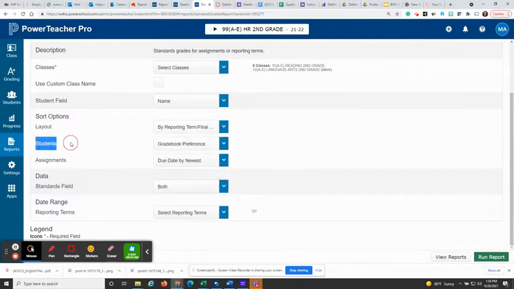Under students, the default is set to gradebook preference, which means however you have your names sorted and organized within your gradebook, that is how they would appear. If I click the drop-down arrow, I can choose to have my report run by student last name or student first name. Assignment dates. We will not be running this report to include assignments, so the default will be due dates by